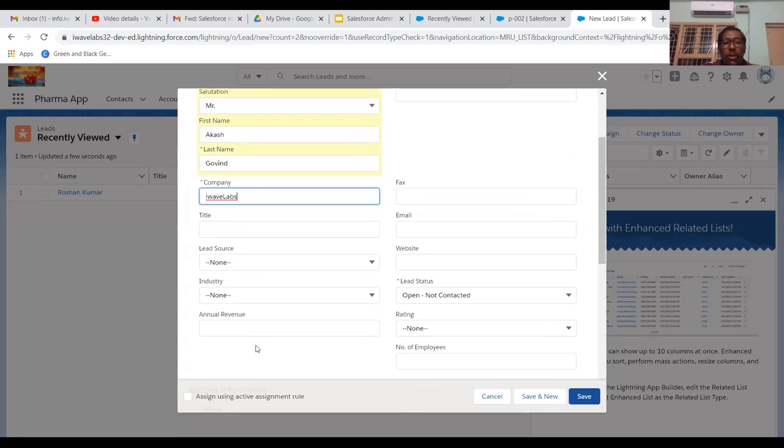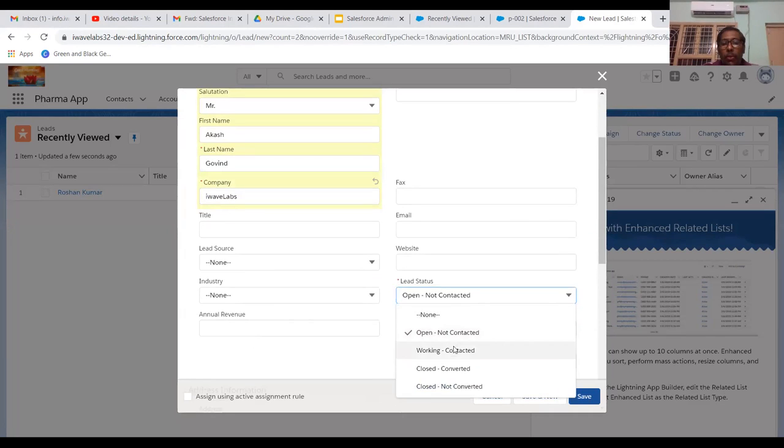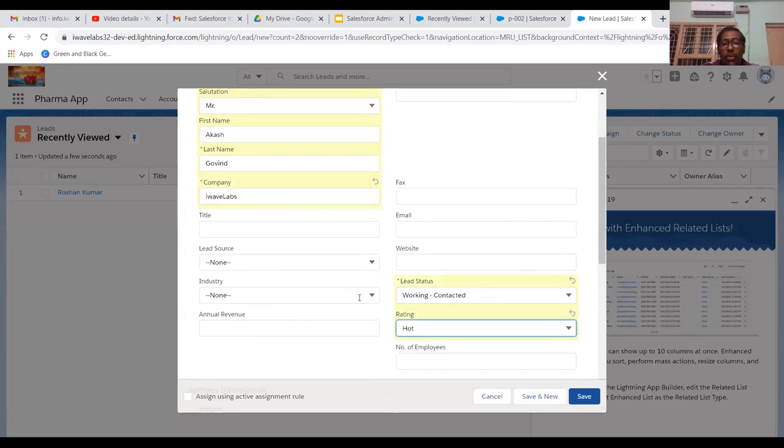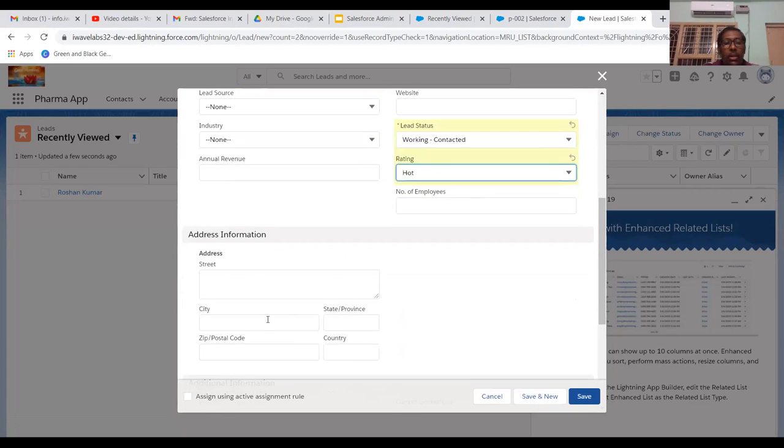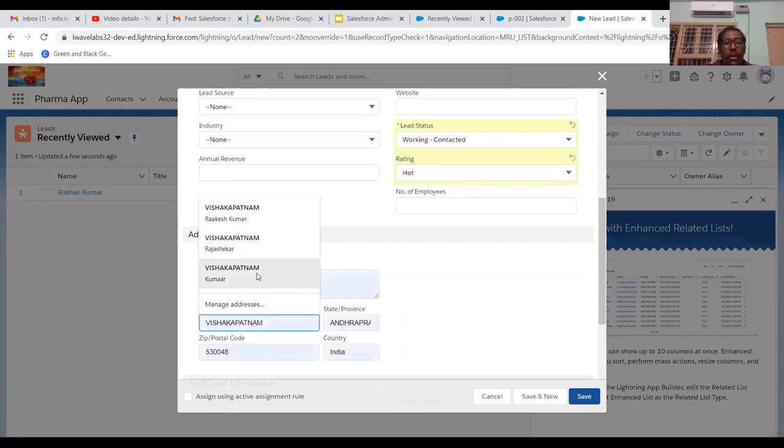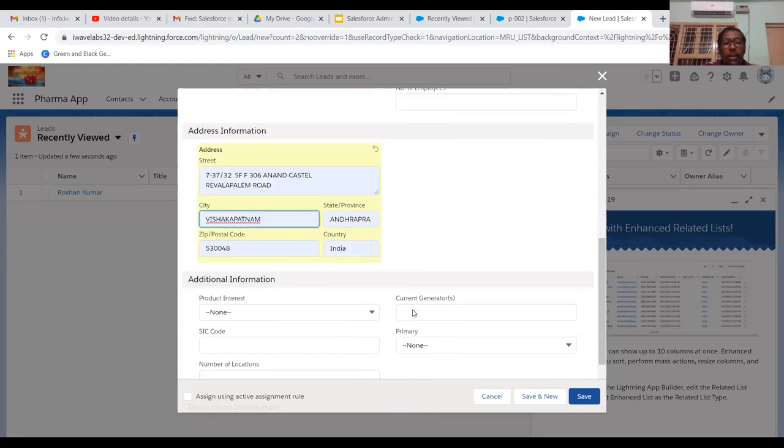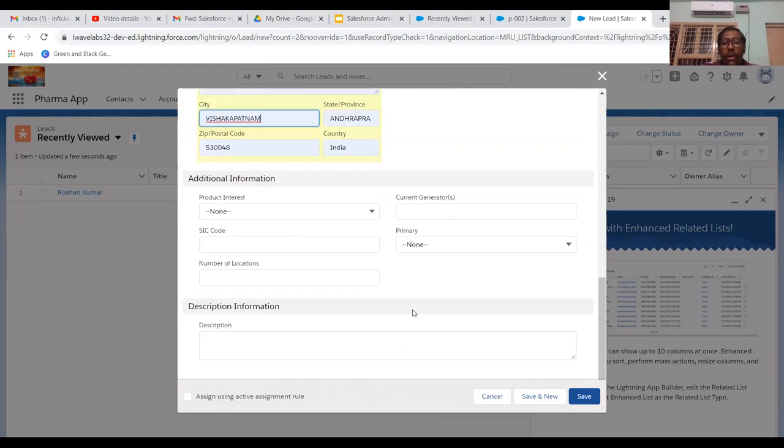Lead source, industry, all these things are not required. Lead status is going to be working contracted. Rating is going to be hot. And city, I have to say Visakhapatnam. Once that is done, I'm going to click on save button.